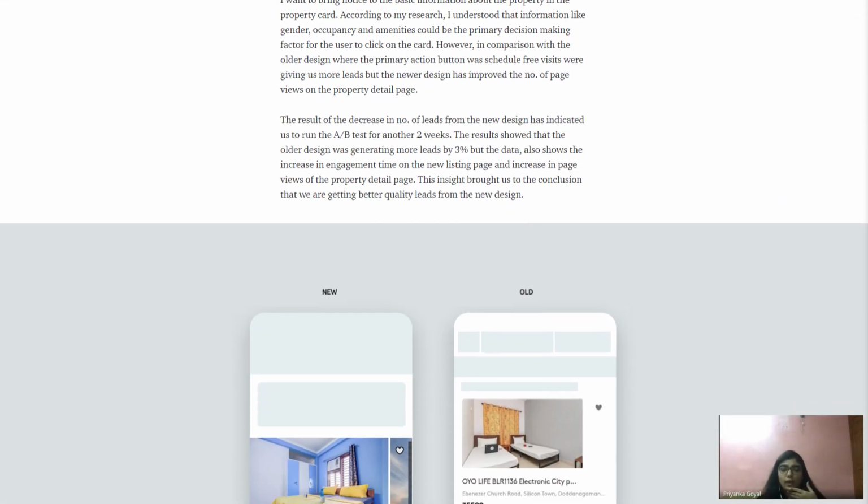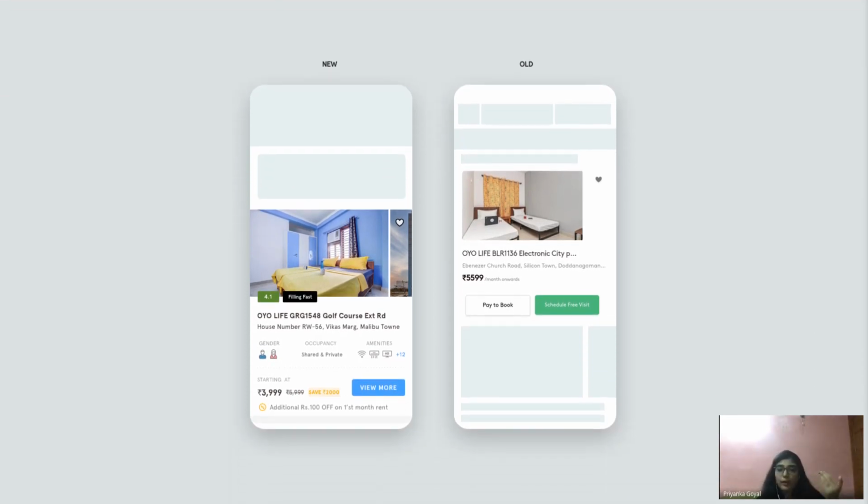So in my property card, I've shown them that this was my old property card, this was my new property card, and these were the elements that I've added, what kind of impact it has created, and all those things. So generally, when I am giving my interviews and I have to present my case study, I choose this case study because it is easier to present. Before and after case studies are generally impactful when you are presenting for an interview, because you can show what happened before, how much change you have made, and what kind of impact it has created, so you can tell them screen by screen.